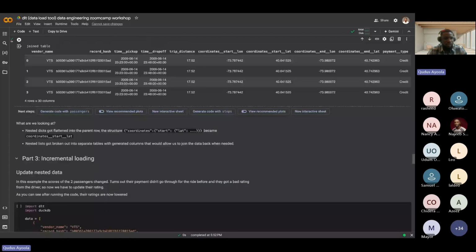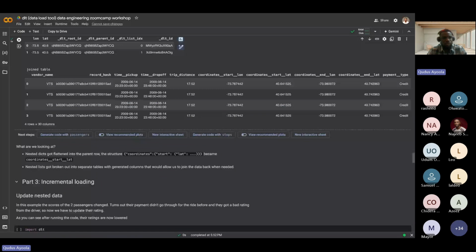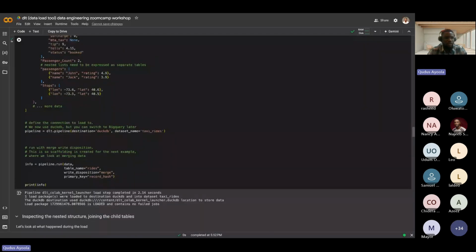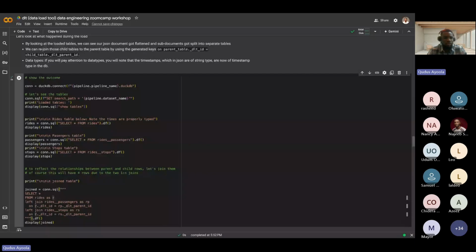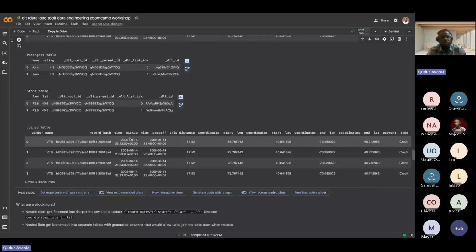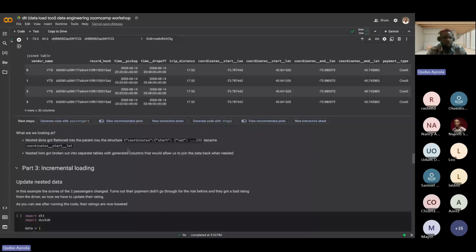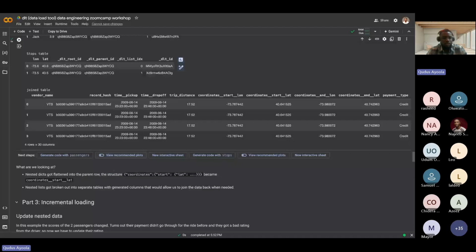So you can see how DLT can easily help you normalize your data without having to spend much time trying to investigate your data yourself to see what is nested and what is not nested, or without spending time to write complex scripts. These have been developed for data loading itself, and you can see it as a one-stop shop for data loading. It can connect to different source systems, and it also supports a lot of other destination systems.